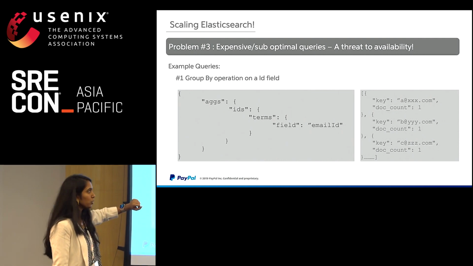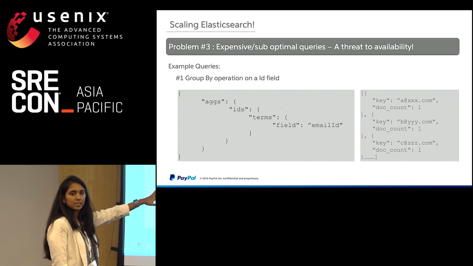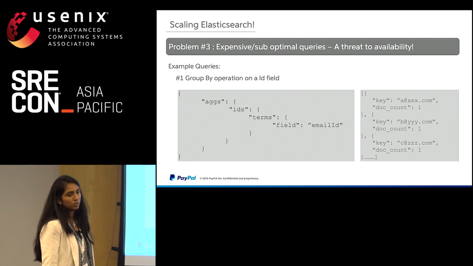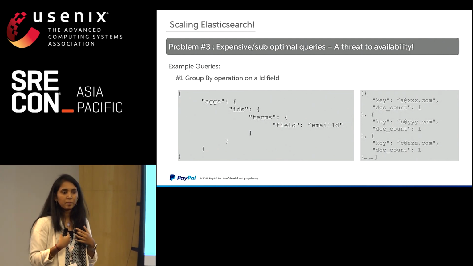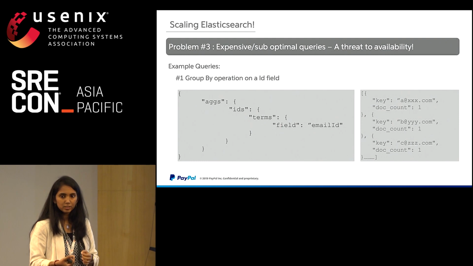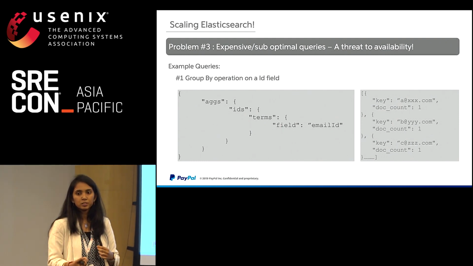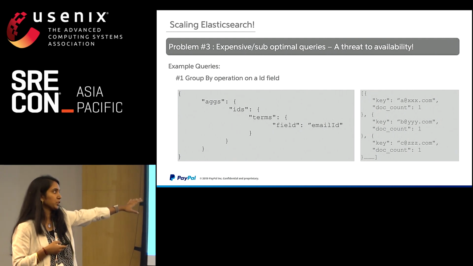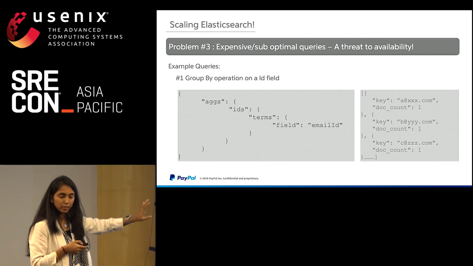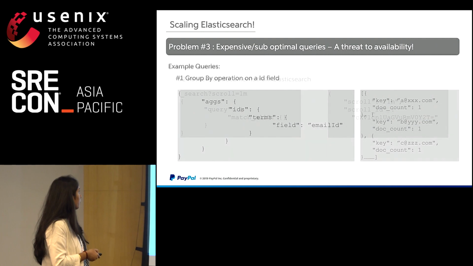And then when you plan to do a group by on top of it, it is a high cardinality field. There is a potential threat to the availability of the cluster because too much data is brought into memory, which is a global ordinal data structure. If you get into Elasticsearch internals, you would understand how a data structure is built in order to perform this operation. So this by itself is a potential query that can bring down the cluster.